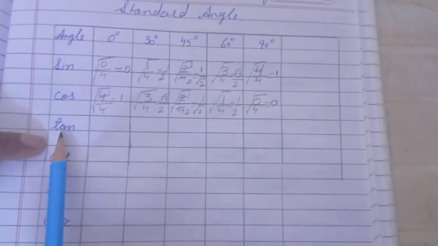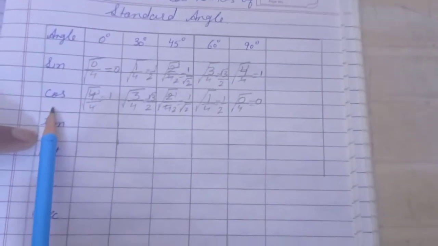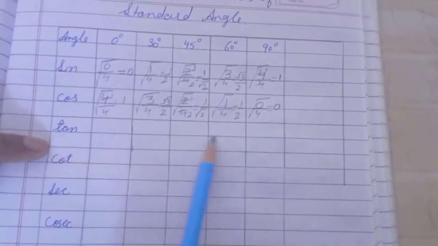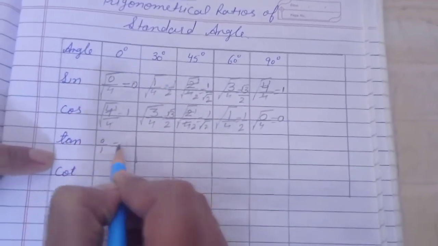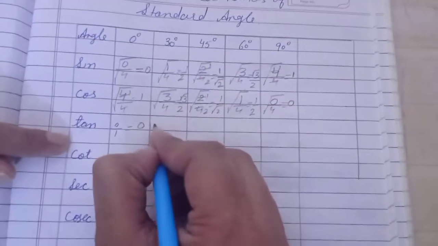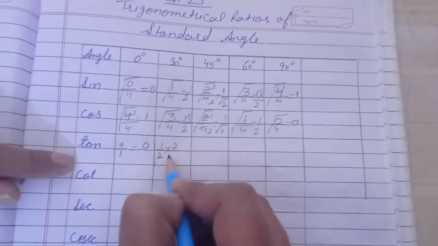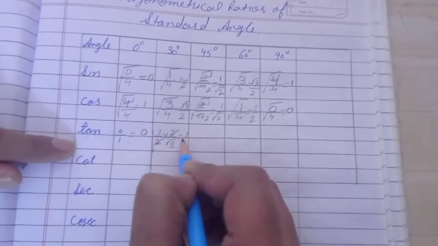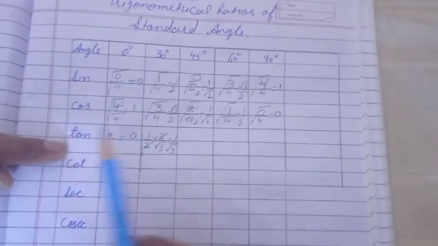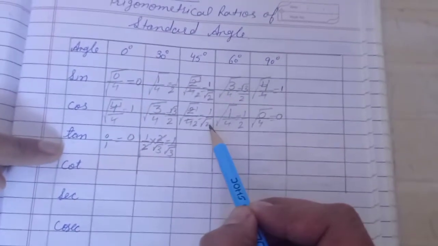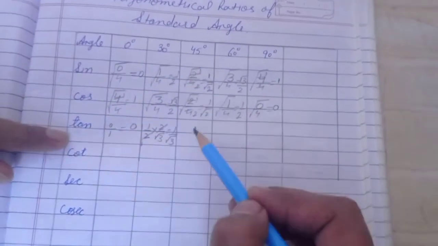Now let's see how to obtain the value of tan theta. You know that tan is equal to sine divided by cos. If you divide sine by cos, you will obtain the value of tan. So for this, what should I do? 0 divided by 1. What is the answer? 0. Now here 1 over 2 divided by root 3 by 2. When you divide, it will reciprocate and they'll get cancelled. So what is the value of tan 30? It's 1 over root 3. Tan 45. See children, both the values are exactly the same. And if you divide the same number, what answer will you get? 1. So tan 45 is 1.